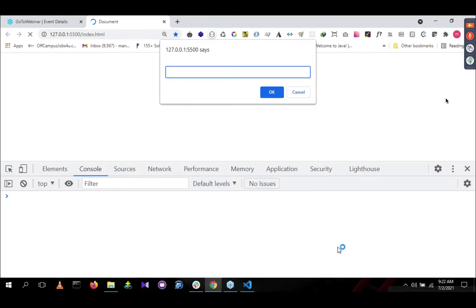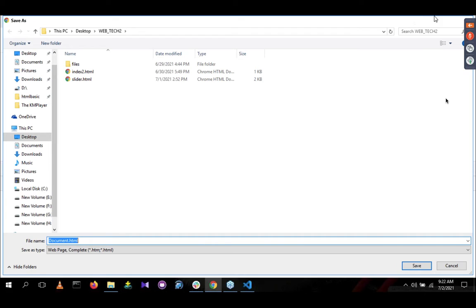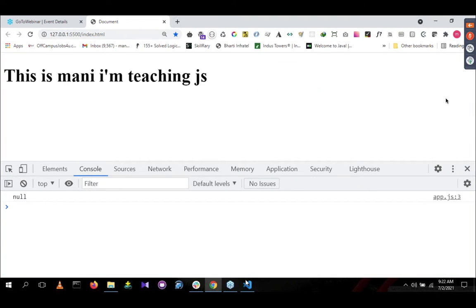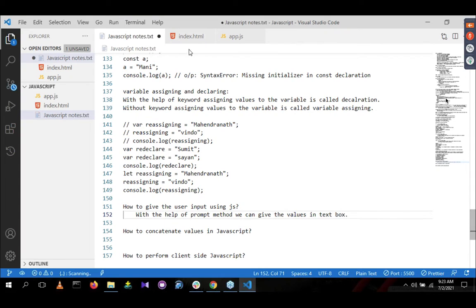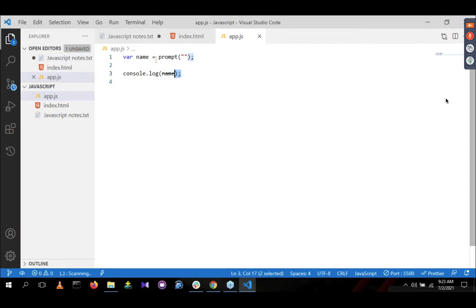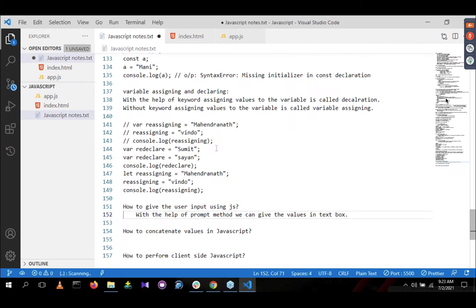Okay, we can give the value in the text box. Let me comment this. Yes, with the help of the prompt method, we can give the values in the text box